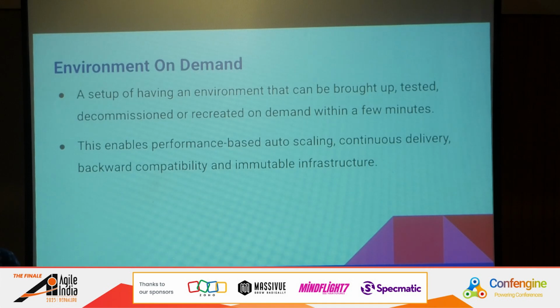What does this enable? This will enable you to truly utilize the benefits of testing or test driven delivery, especially where testing is mostly required. Infrastructure testing is very important in cases of performance based autoscaling. When you are doing your performance testing, you need the infrastructure which can mimic that kind of load,